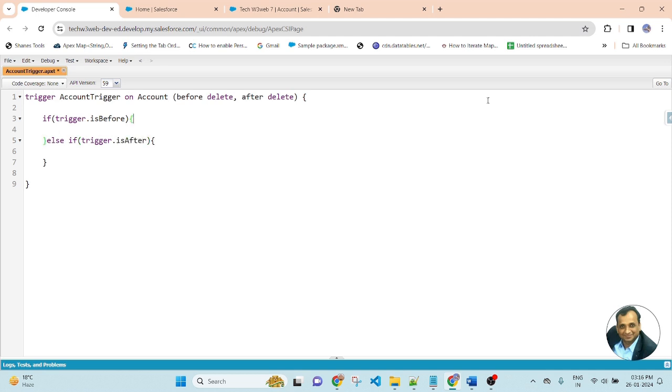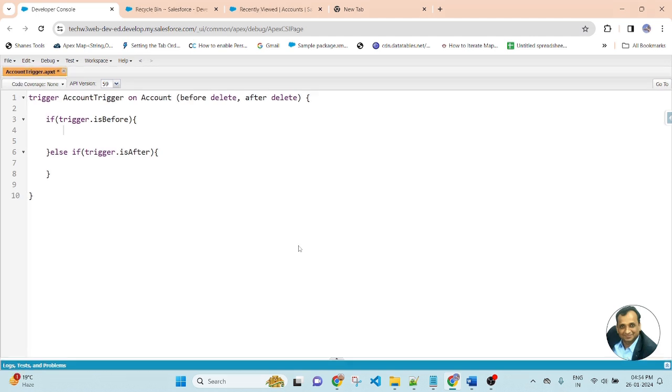This trigger will execute as a before trigger, because before deleting the account record we will check a condition. So here I will write the business logic inside the before action trigger. Friends, this will execute before deleting the account. Here I will add the context variable Trigger.isDelete. Inside it, I will write the business logic.